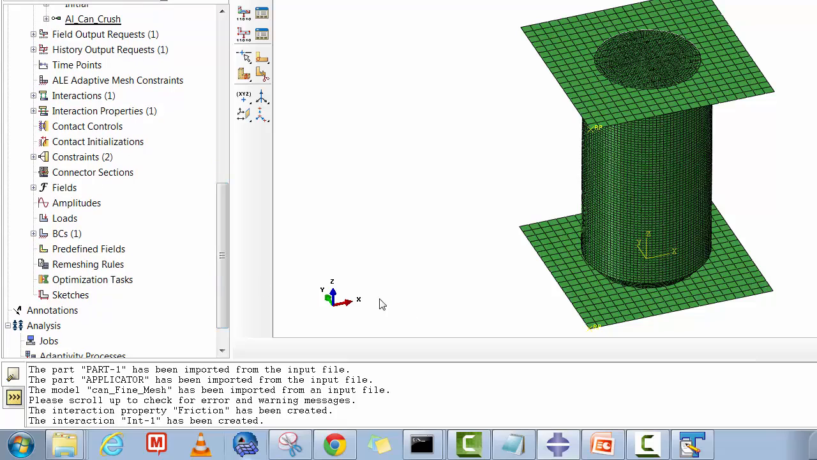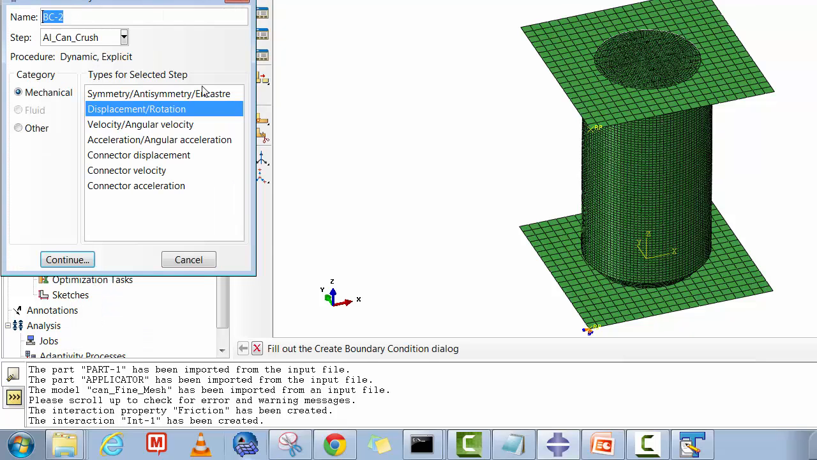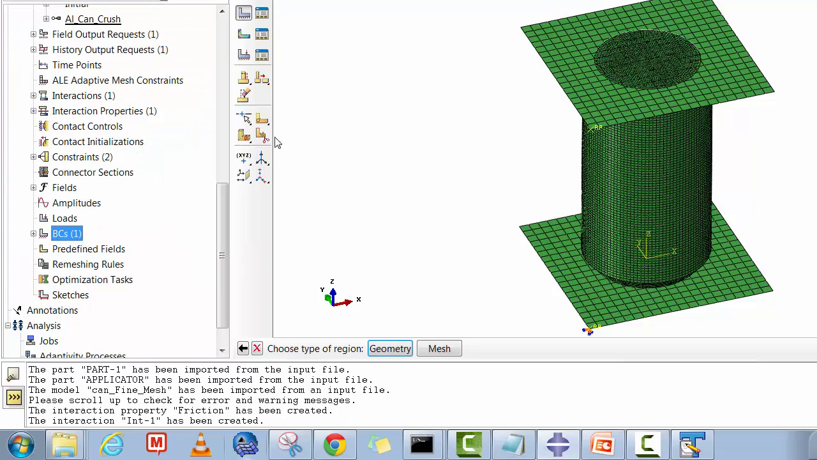Now we fix the bottom plate. Now we have to apply a displacement on the top plate. So I'm going to give one more BC. I'll go again to the BC panel, say create, and say displacement, and you will see it is selected in the step aluminum crash test. So continue,